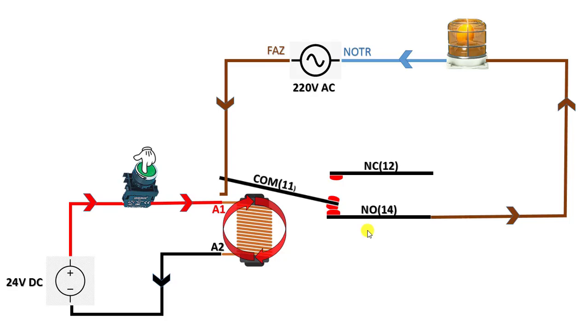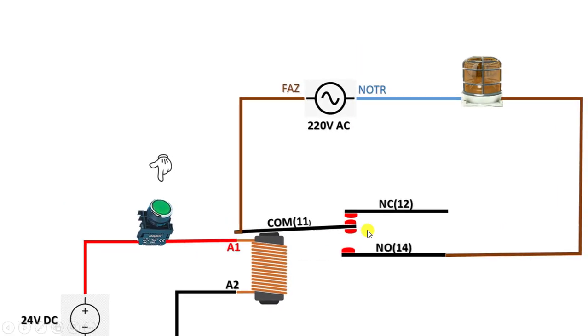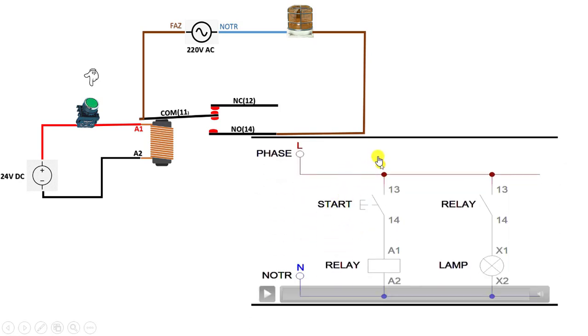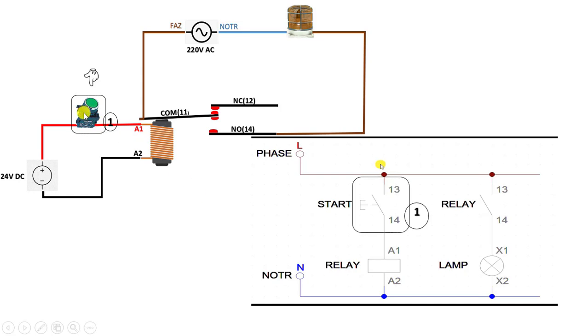Now, if you want, let's examine together how the circuit is symbolized in an electrical circuit drawing. Yes, this is the equivalent in electrical circuit drawing and control drawing. We brought it here like this. Now, let's start matching the materials. Let's look together. First, we had a start button. The symbol of the start button is like this, because it is an open contact. We symbolize it in this way.